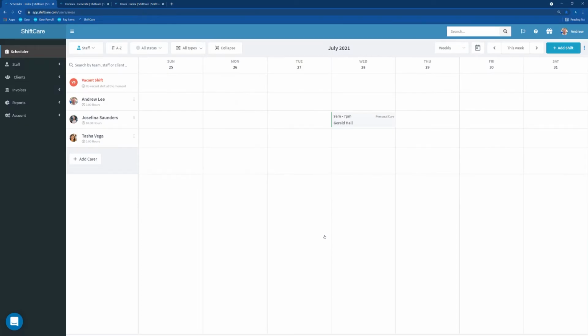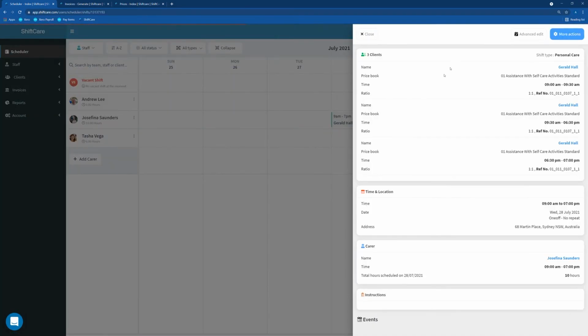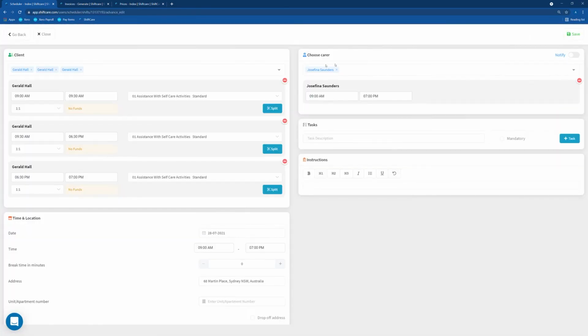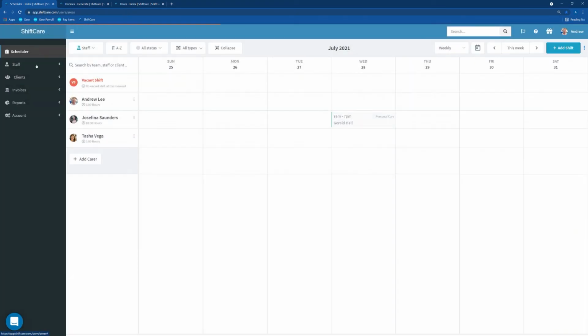Let's move over to ShiftCare now, and you can see here I've created a shift for Gerald. If I go to Advanced Edit, you can see that I've made a shift from 9 AM to 7 PM. And what I really want to do here is charge for half an hour of travel time at the beginning of the shift and another half an hour at the end of the shift. The way the price books are set up at the moment, there's no way to determine what's travel and what's the shift. So if I was to close this and then invoice for this shift,